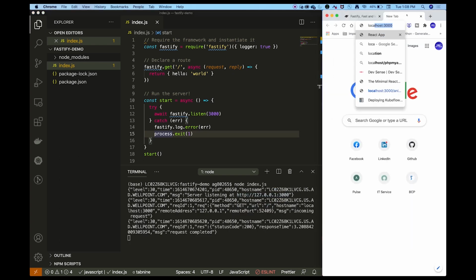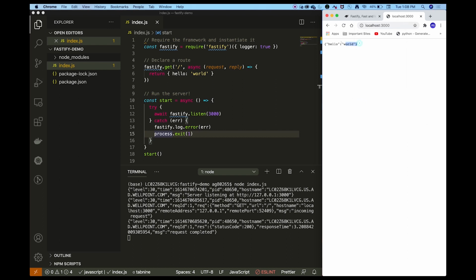If I query that in the browser, you can see that we are getting the response hello world. For this setup, the browser acts as a client application, and the server we are running is our backend server. Since we have hit the default route, which is just the URL of our backend server, it returns the default response we have set here.